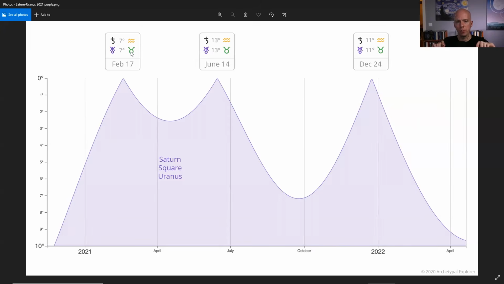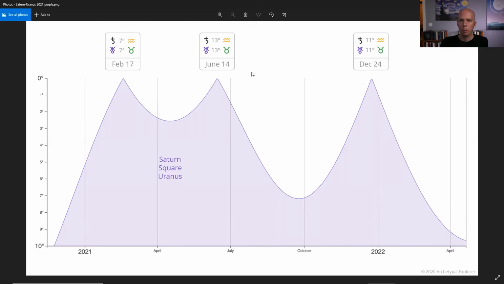So the aspect drops off a little bit, but then they retrograded back and came back into an exact aspect on June 14th, from 13 Aquarius to 13 Taurus. That one was kind of tricky. Shortly after that, there was the condo building that collapsed, I think in Florida or something like that, which was a very vivid, very literal manifestation of the symbolism of